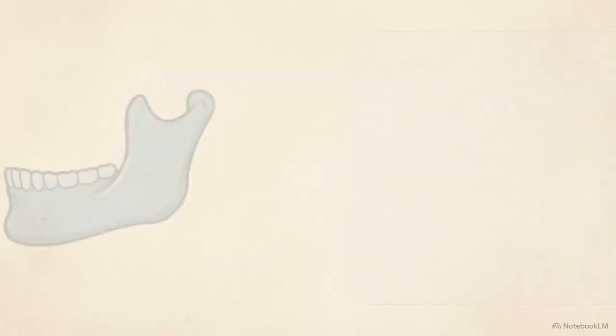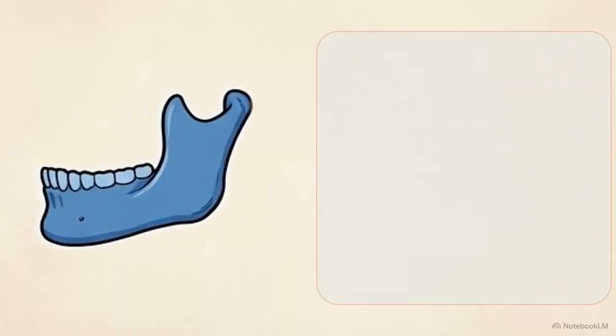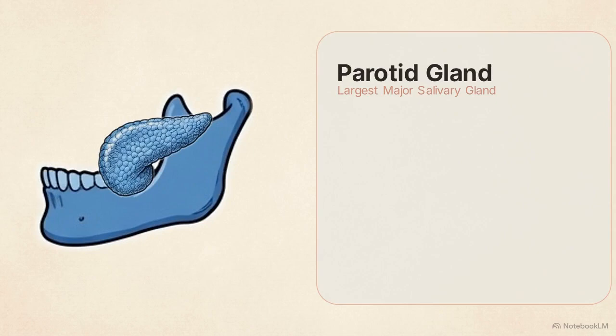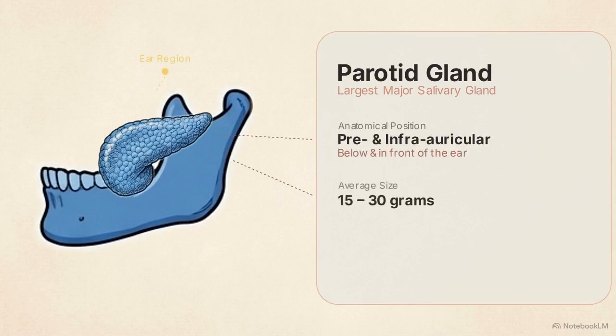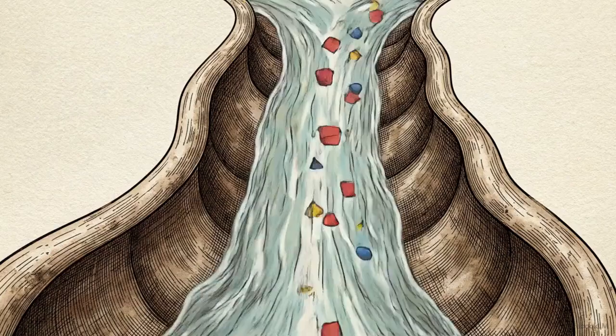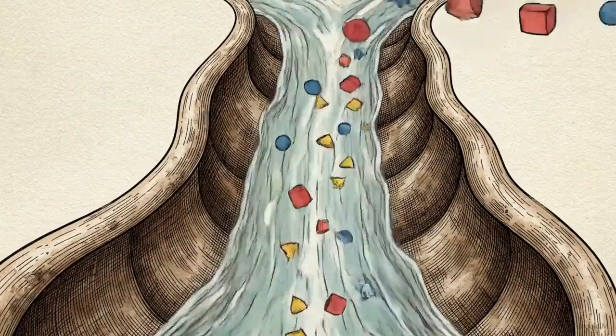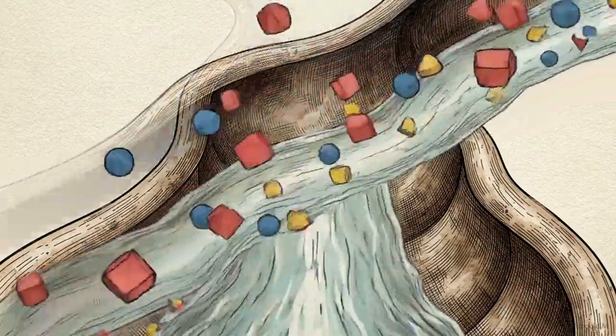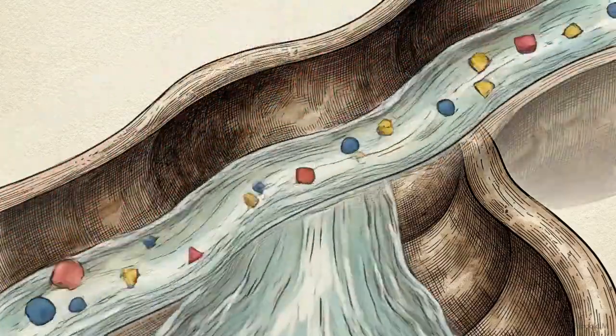Let's look closely at the structural anatomy of this model, starting with the largest of the major glands, the parotid. Located below and in front of the ear, and weighing between 15 and 30 grams, it sits precisely over the jawline. The parotid gland has a specific secretory profile, producing an entirely serous or watery saliva that is densely packed